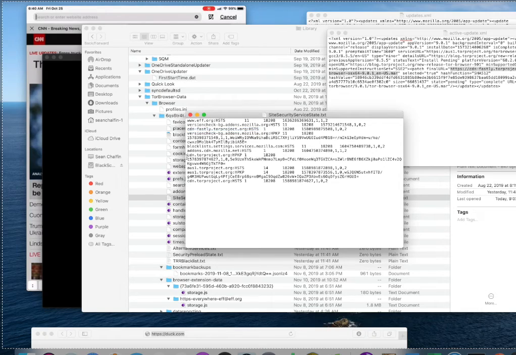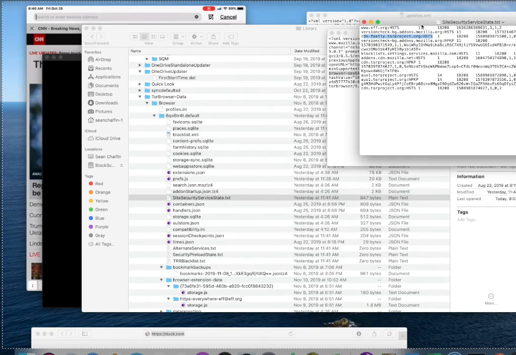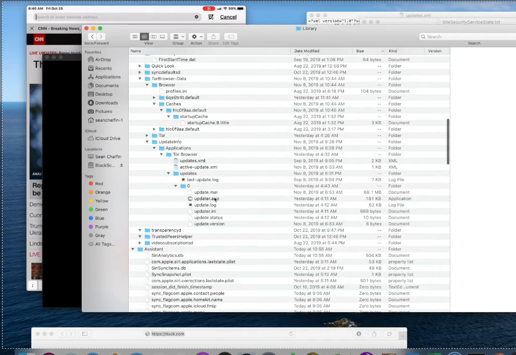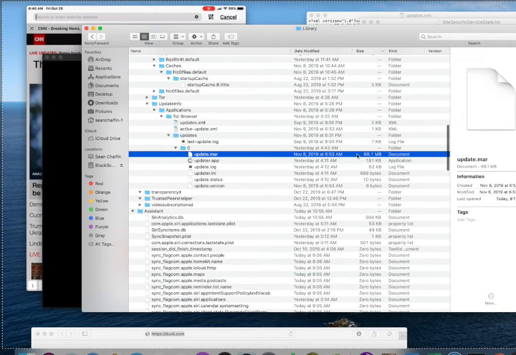Now, there's a lot going on here, but FASTLY is hacking me, and this is what they're installing right here. We're going to close this out, and that .mar file is right here, and it's 66 megabytes.